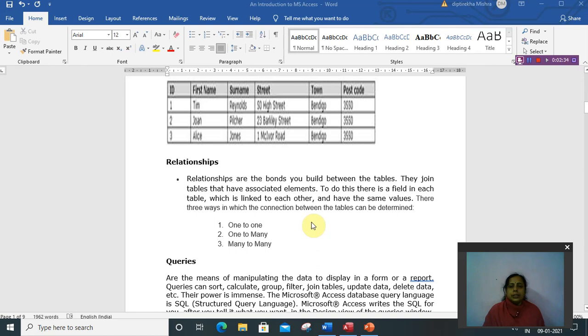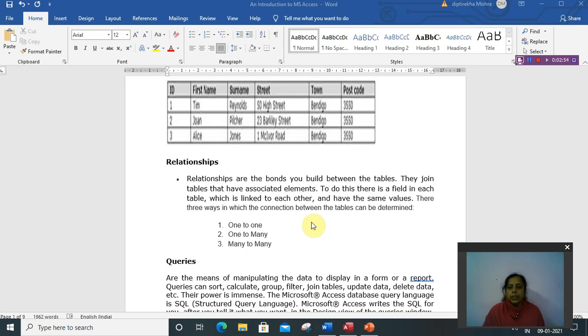Then the next component is relationship. Relationships are the bond you build between two tables. Means relationship is the connection between two tables. They join the tables that have associated elements. To do this, there is a field in each table which is linked to each other.